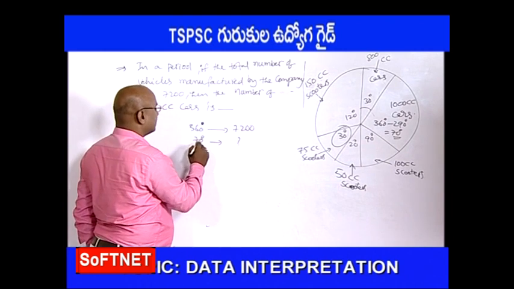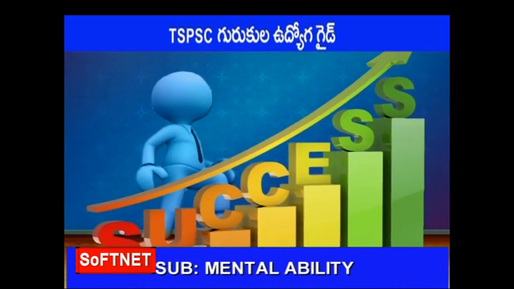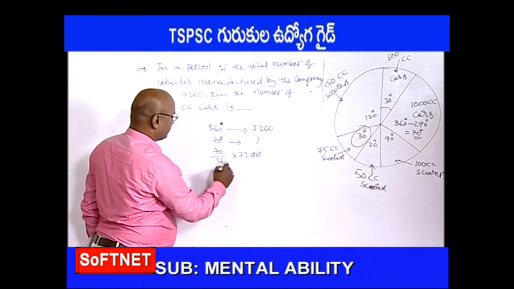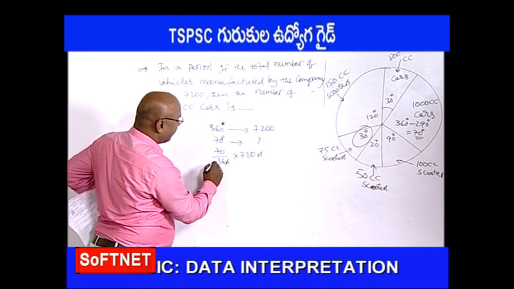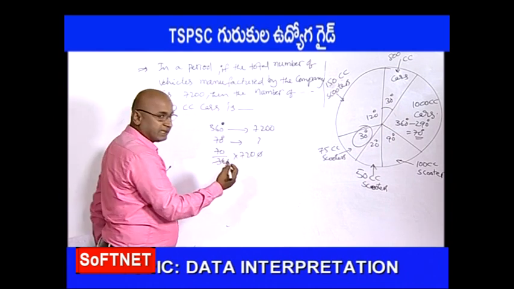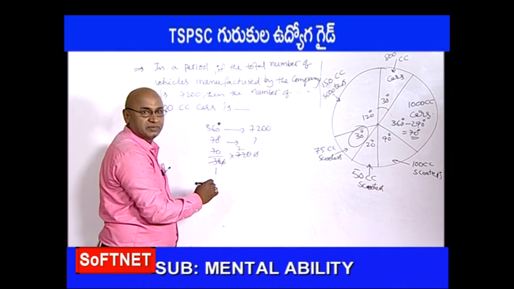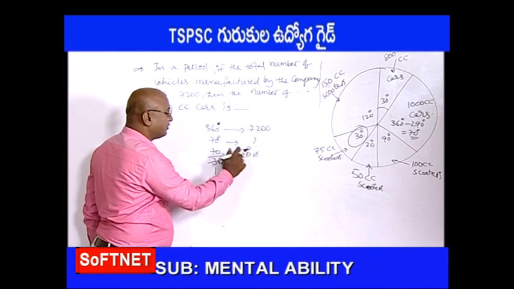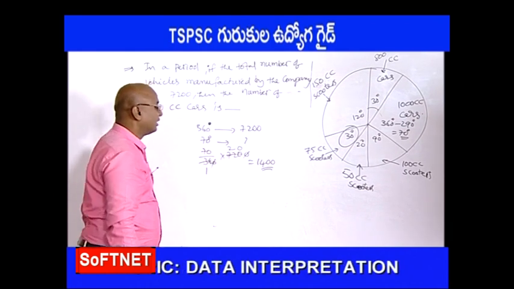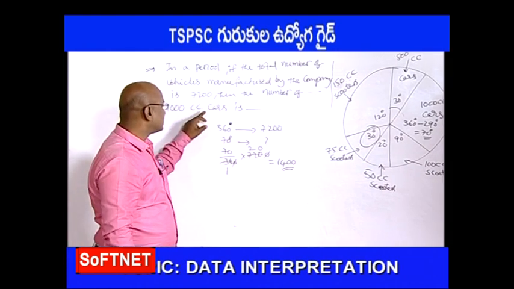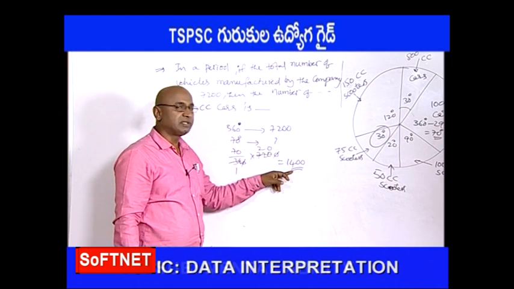Got it? Right. 70 by 360 into 7200. Now 0, 0 and this 0 and this 0 will get cancelled, and 12 3s are 36. Or 36, we can also cancel directly. 36 ones, 36 2s are 72. So 1 0 is there. 70 into 20, that is equal to 7 2s are 14. 2 zeros are there. Now the total number of 1000 cc cars among the total production of 7200 is 1400.